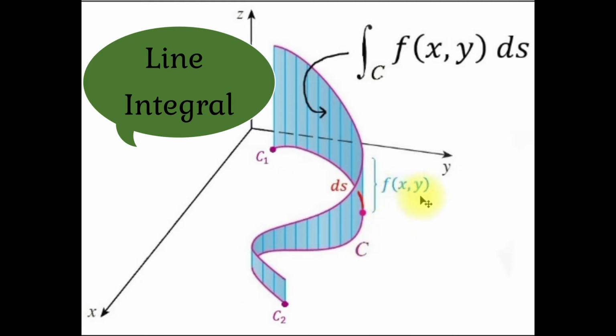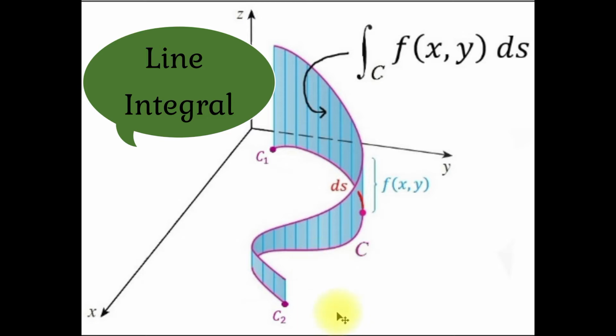Corresponding to that f of xy or f of xyz, there will be a height like this, and at each point there will be f of xy values like this, and we sum the area like this, then take the limiting case of that sum as the line integral of the function along the curve C. That is, in a line integral, we integrate a given function f of xy or f of xyz, and such functions are called integrands, along a curve C in a plane or a space. Actually, instead of line integral, curve integral would be a better term, but line integral is standard.